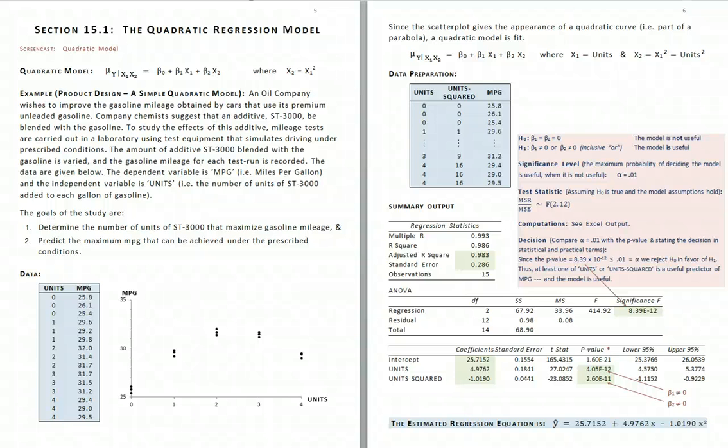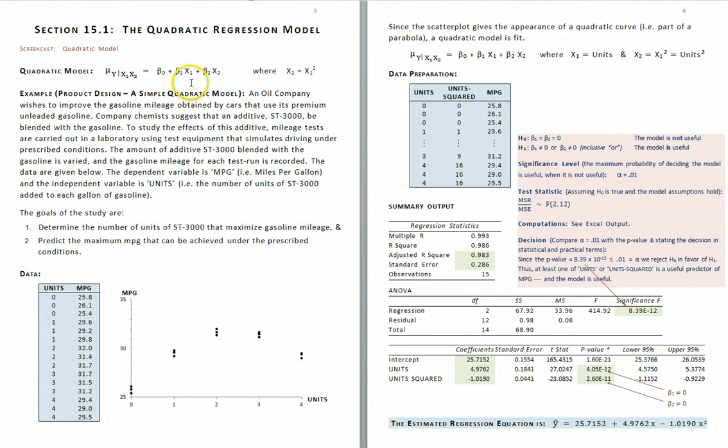This screencast is about including the square of a basic variable in a model. Such squared terms are called quadratic terms, and models with quadratic terms are called quadratic models. The simplest example of a quadratic model involves one base variable, as indicated in this expression, where the deterministic part of the model is equal to the intercept beta naught plus